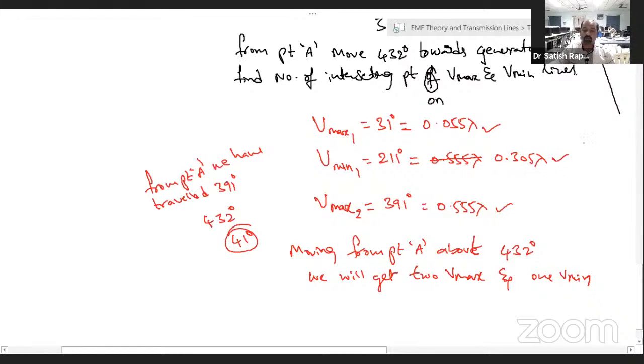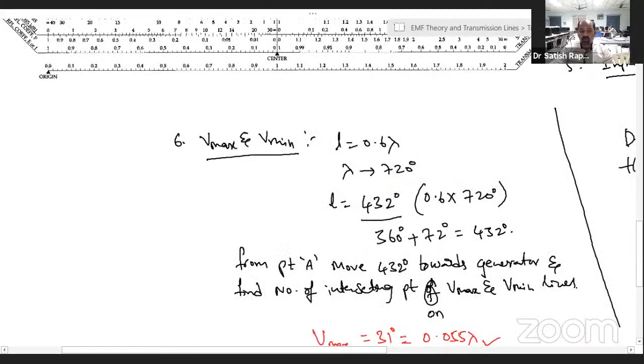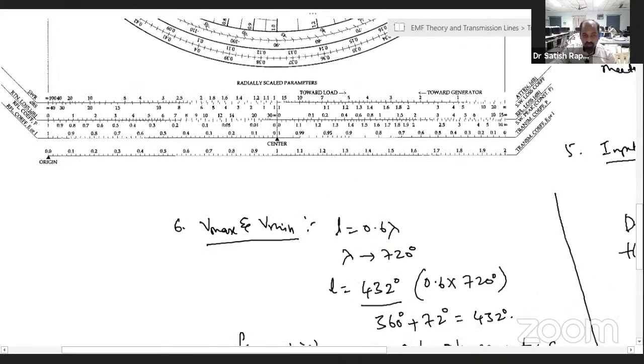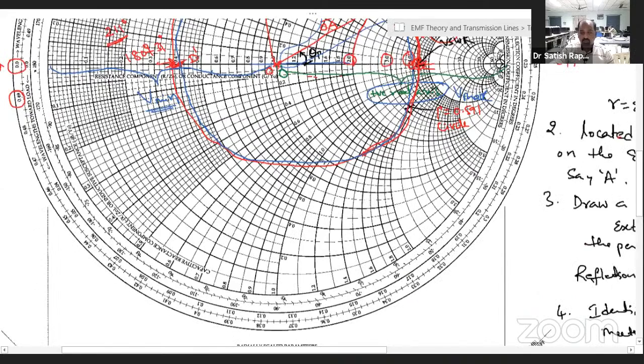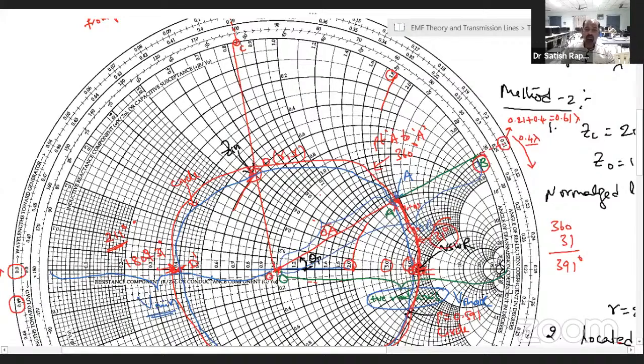So this is how we can determine maximum voltage points and minimum voltage points on the Smith chart. As the time is running, I have explained very fast. If you fail to get this, you can go and watch